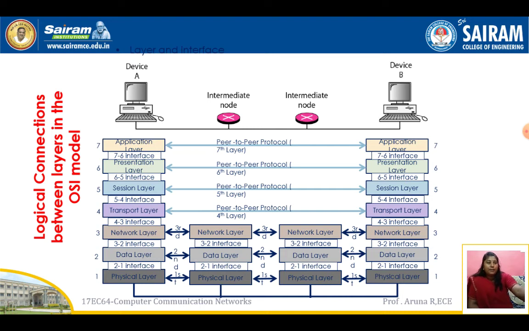Peer-to-peer is nothing but process to process. Like whatever you have done at the higher level, the same process will be done there, either in the same way or in a different way, but they are not physically connected to each other. So peer-to-peer has no physical connection, but the same process will be carried out in either of the processes. In the bottom 3 layers, you can see there is a physical connection. The physical layer is connected with the physical layer, the data link layer with the data link layer, the network layer with the network layer.